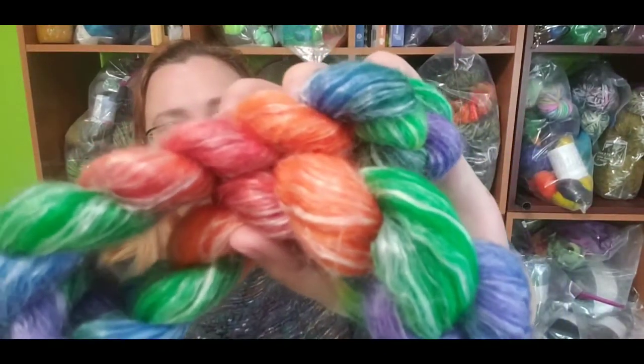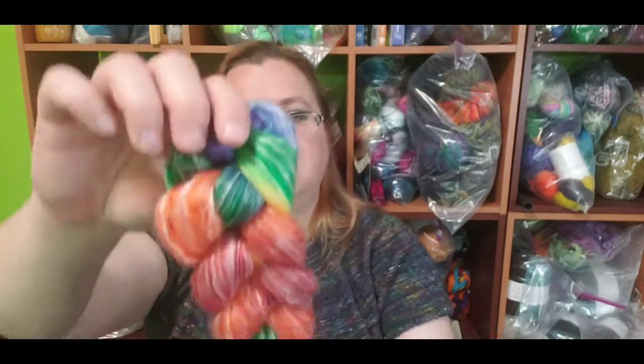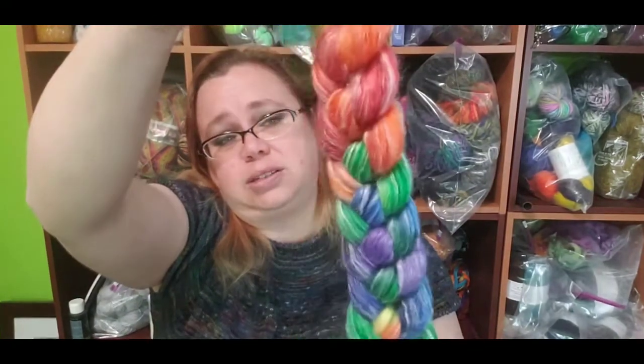And then I also got a little bit of this blend. And it is a llama, white-faced woodland wool, ramie, which is like a plant-based fiber, and I want to say silk too. It's just a little 2-ounce piece because I wanted to spin it up and see if I liked the resulting yarn or not. So you can see the white in there,